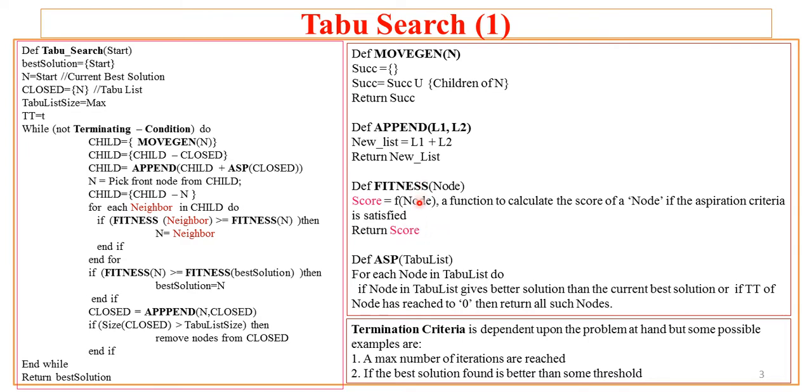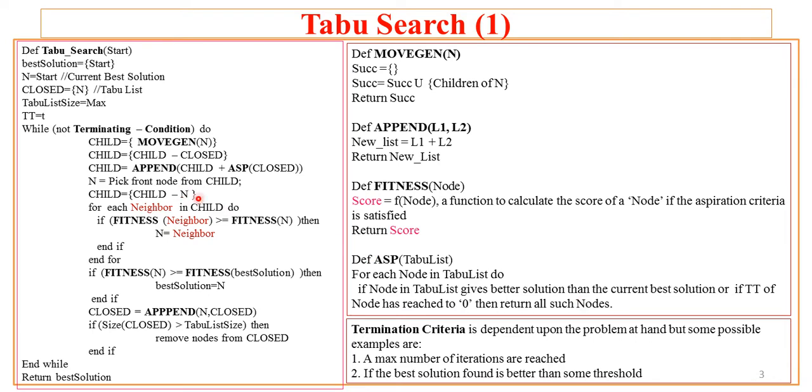So this fitness function will basically inspect each of the nodes for the aspiration criteria, and that score is returned to the taboo search. Now what is the aspiration criteria? The ASP function takes the taboo list, and for each node in the taboo list, it will check whether the node chosen from the taboo list gives a better solution than the current best solution, or if the taboo tenure of the node has reached 0, then it will return all such nodes to the taboo